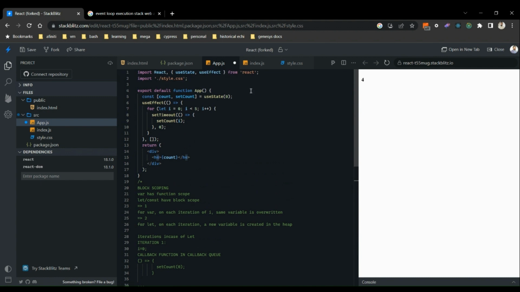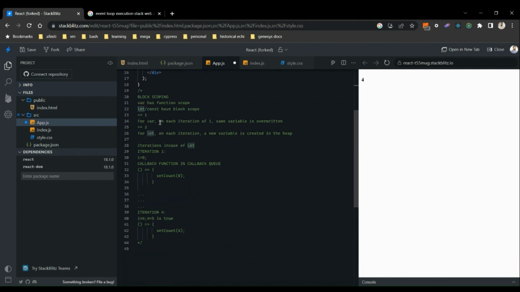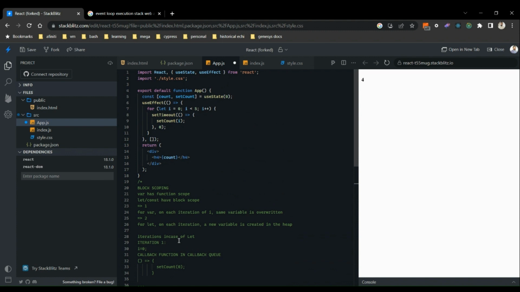But in case of var, when this loop ends, the i value will be 5 because it was the same variable which was overwritten on each iteration, and that same variable will have value of 5. So when this callback comes from the callback queue, at that time i has a value of 5, so we see 5 here. Hope I was able to explain this very well,